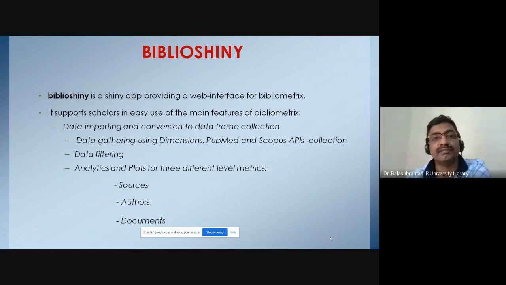You can use any database for analyzing purposes. This is helpful for data gathering using Dimensions, PubMed, Scopus, and Web of Science data also. It allows data filtering. You can analyze source wise, author wise, and document wise.